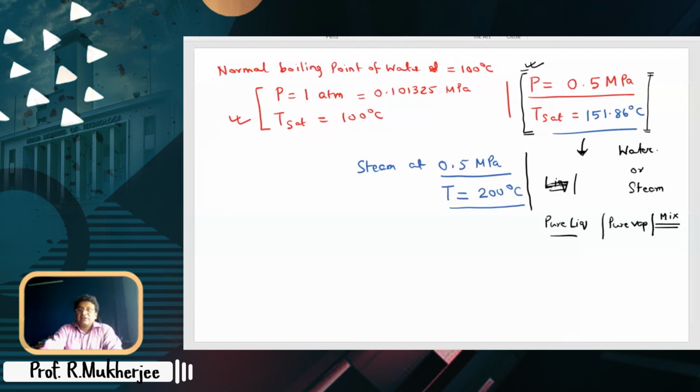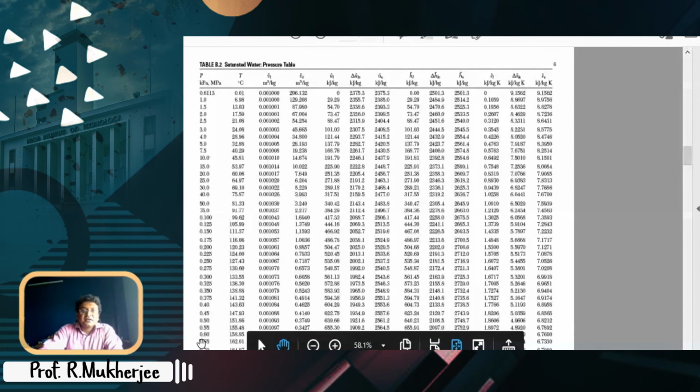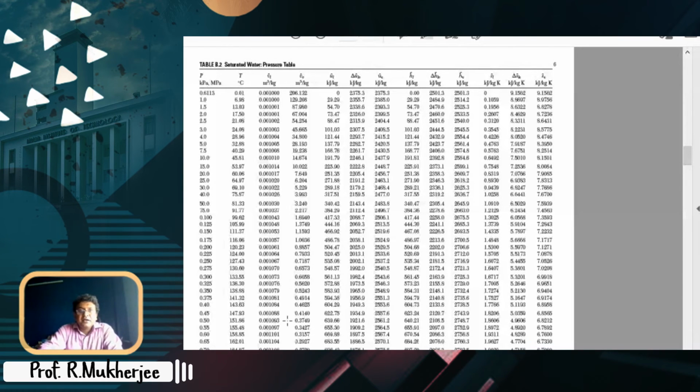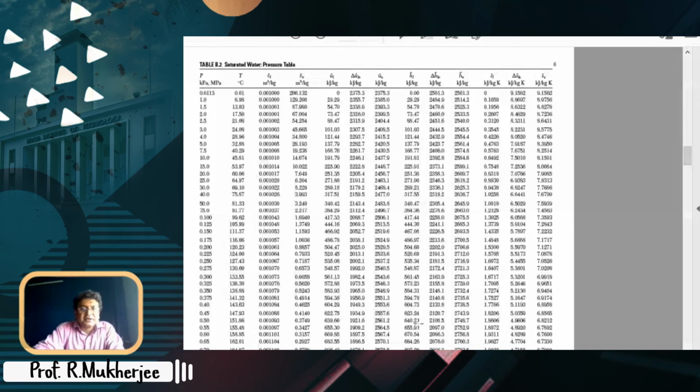Fine. So now, if I again go back to the steam table, let me make it a little smaller so that all of you can see. If you have pure liquid, what can you dig out? You can get the specific volume, Vl, which is 0.001093, if it is in the pure liquid form. You can get the specific internal energy, which is 639.66. You can get the specific enthalpy, which is 640.21, if it is in the pure liquid form. So if anyone can help me, we can write the three numbers.